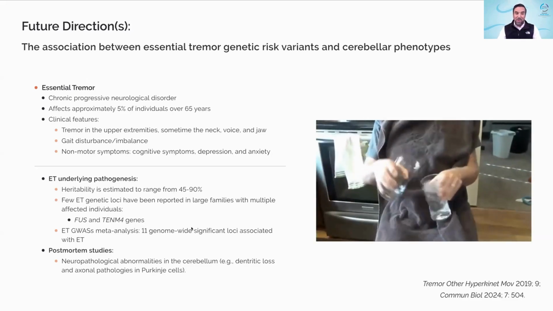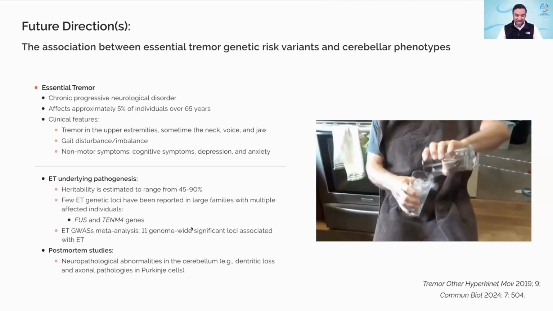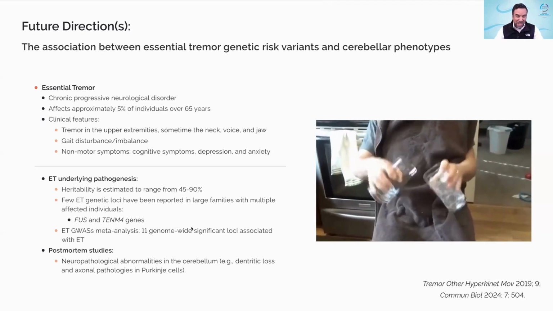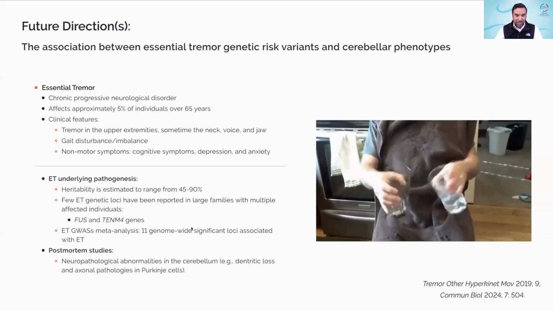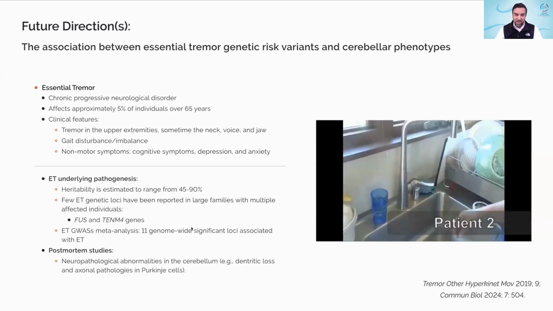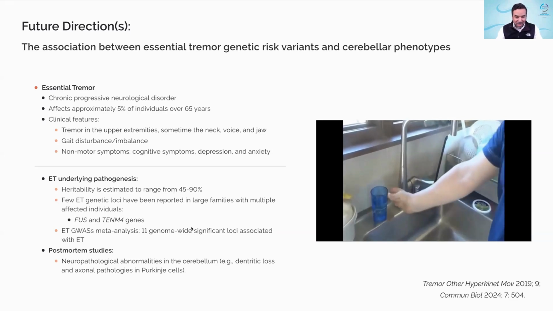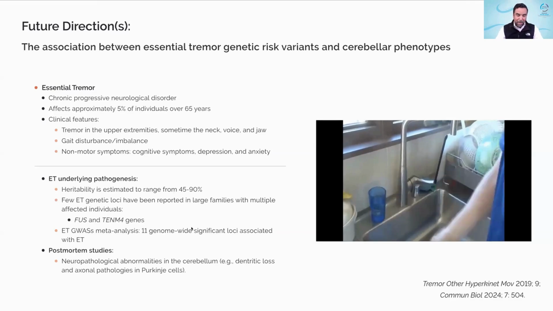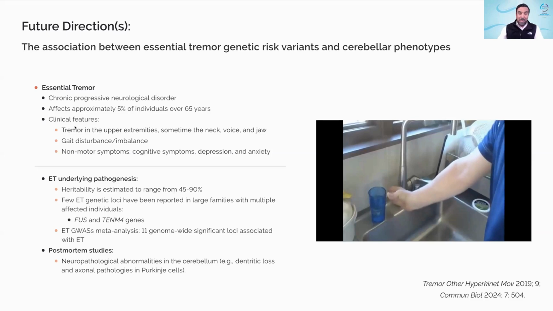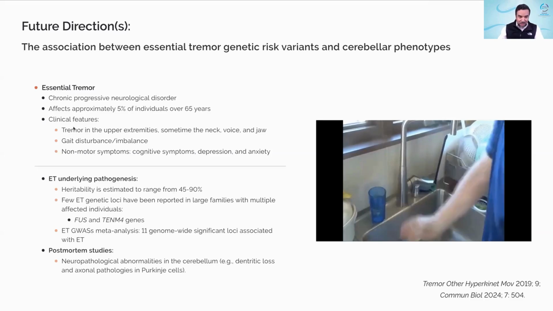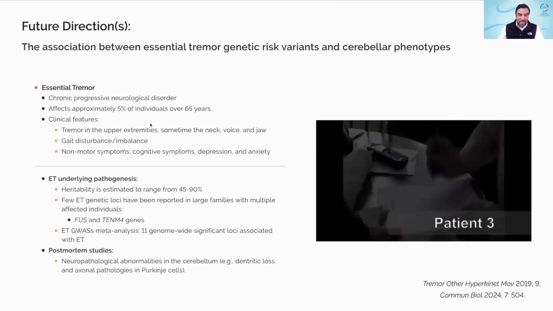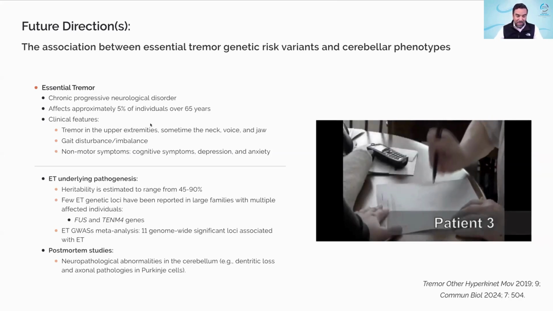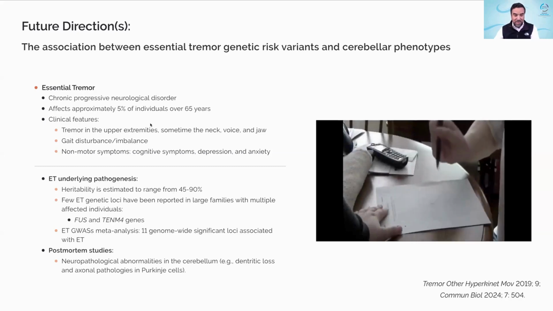And in terms of what I'm doing now, the project that I received the funding for from Advanced CTR, was looking at the association between essential tremor, genetic risk variants, and cerebellar phenotype. So essential tremor is another movement disorder, somehow linked to Parkinson's disease, because sometimes it's harder to differentiate from Parkinson's disease. At some stages it was thought to be a benign condition, but now we know it's a chronic progressive neurological disease. It's a disease of older people, so more than 5% of individuals over the age of 65